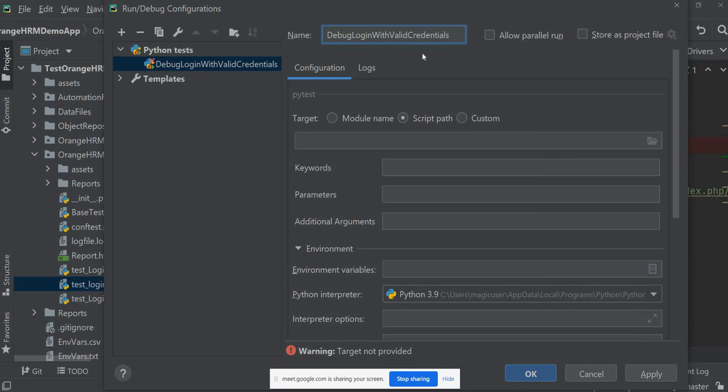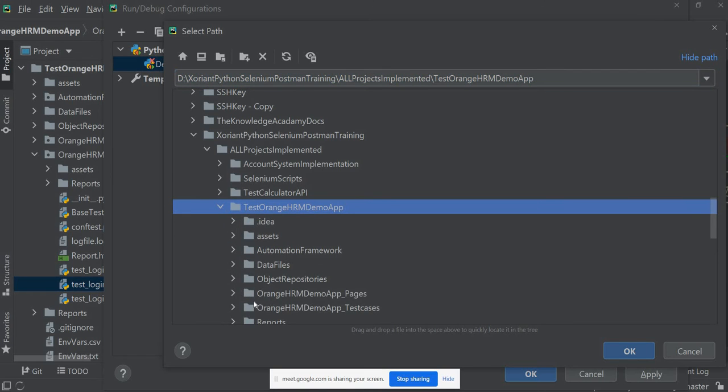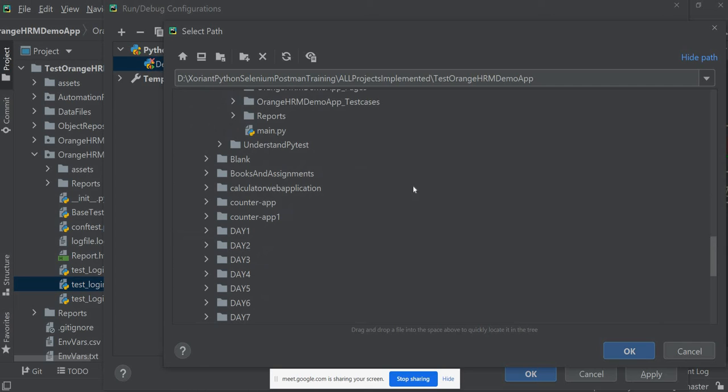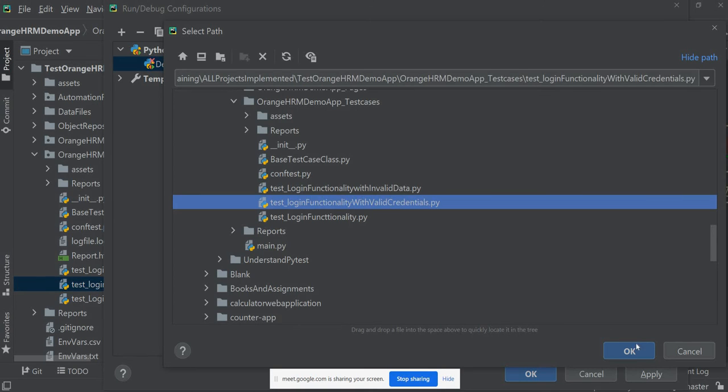You can give any name to the configuration, and you just have to provide it a path of your script file. So here you would provide a path of the script file. I am providing it with the test cases and login functionality with valid credentials, right?